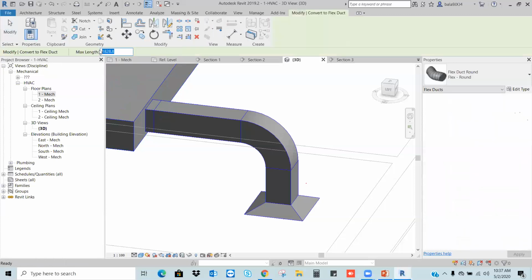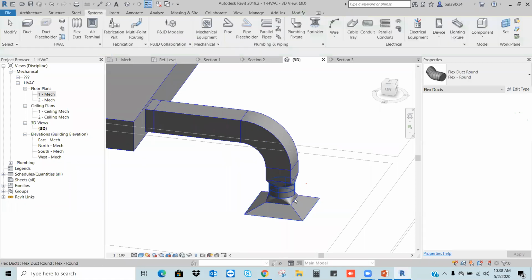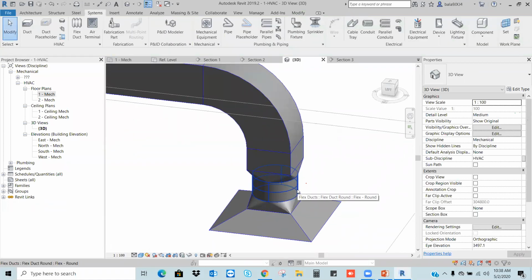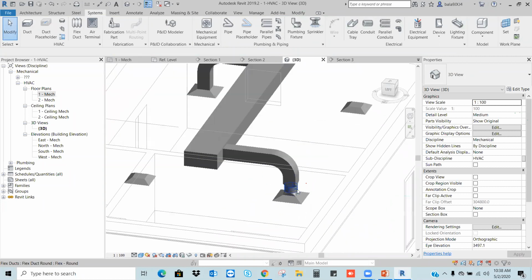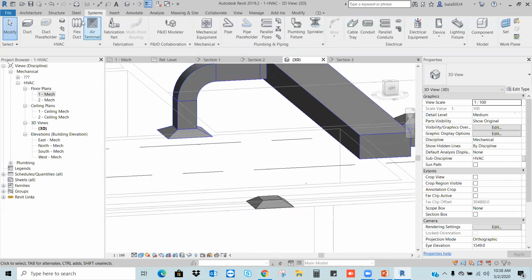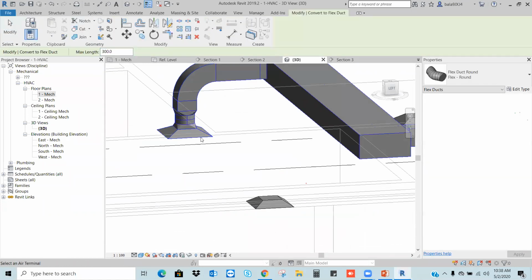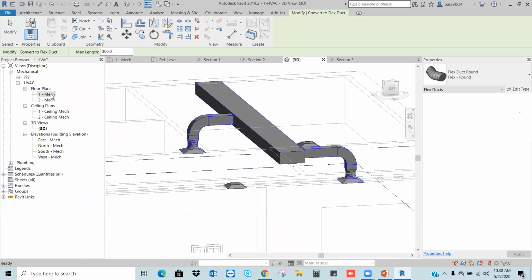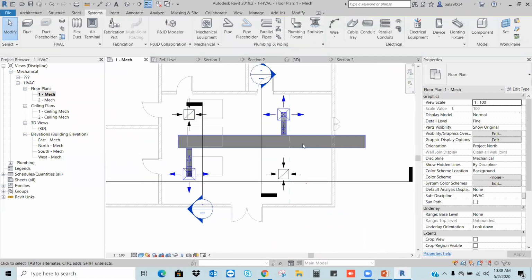What is the length of the flexible duct I require? Let's say I want to use a 300 mm length. When I select the diffuser, automatically I will get the flex connection.